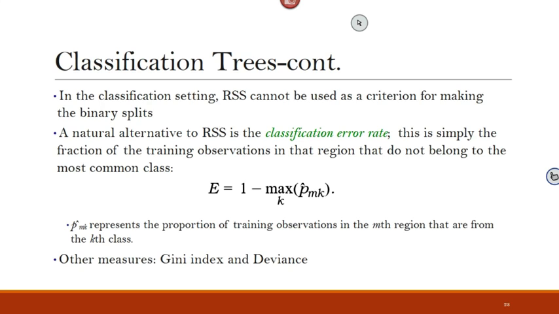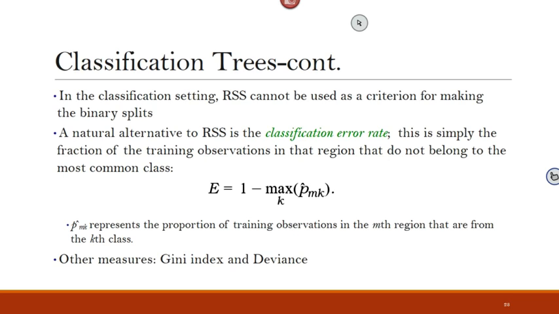And that's, if you think about it, if you go to each region, right? So in each region, you have a number of observations, and if you have only two classes, class A and B, then you will have some of those observations in class A and some in class B. So you calculate the proportion of those two classes. Okay. Now, if 80% of those observations in this region are in class A and 20% in class B, then your prediction for anything that falls in here will be class A, because 80% is greater than 20%.